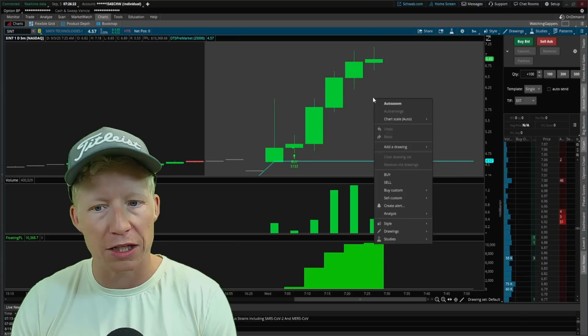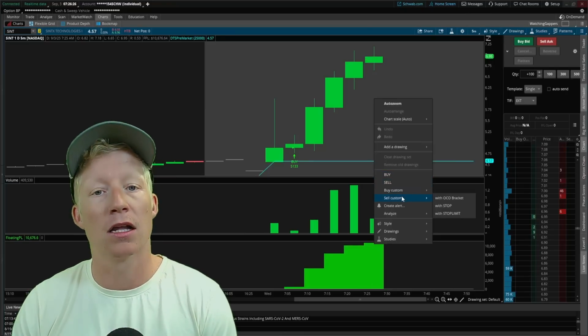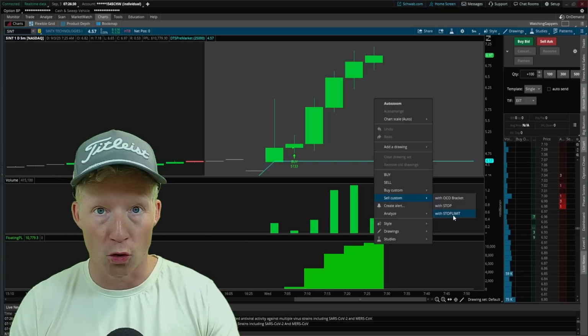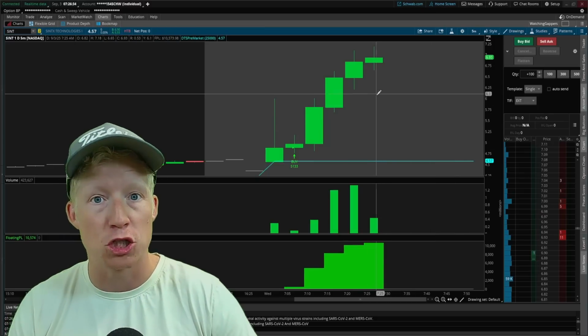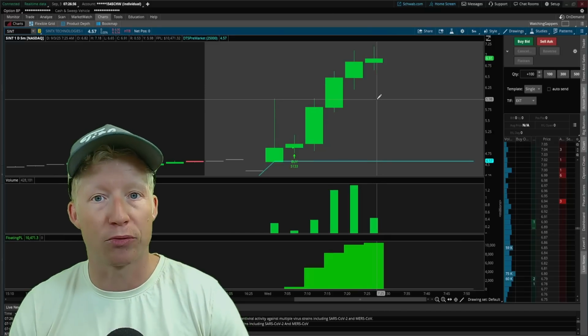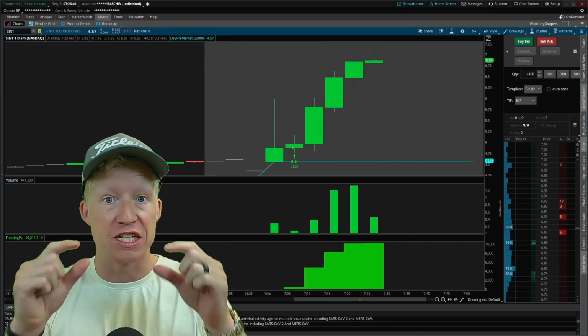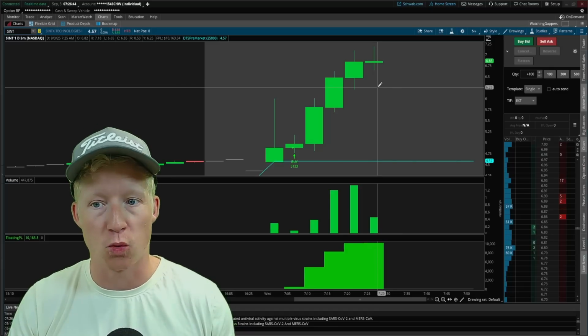But you can right click on your chart here, and instead of just hitting sell, you can go to sell custom and you can set up a stop limit order. What that's going to do is give you a price at which your limit order will trigger and a price down to which you want to be filled. Now, if you put these very tight together, say I want to get stopped out if this trade drops below 625